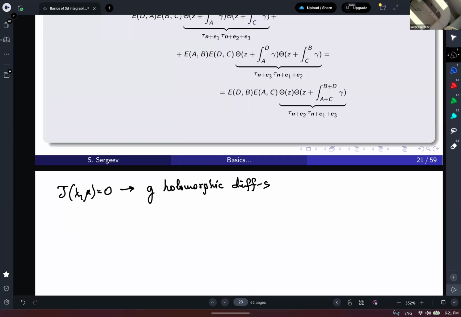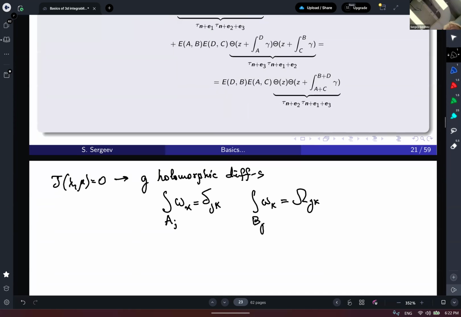You can normalize these cycles such that the A-cycle loop integrals are normalized, then with respect to the other cycles,